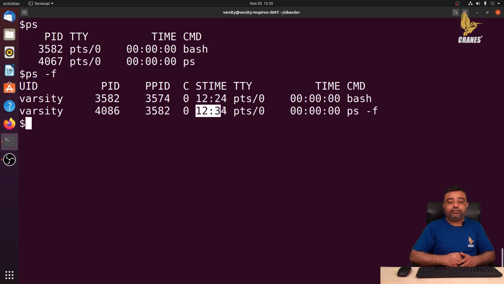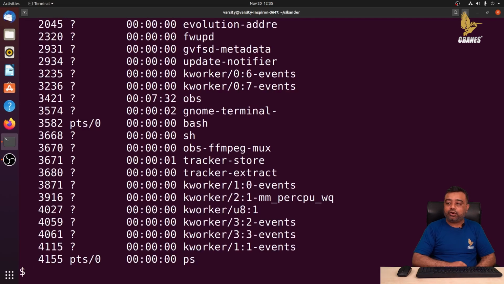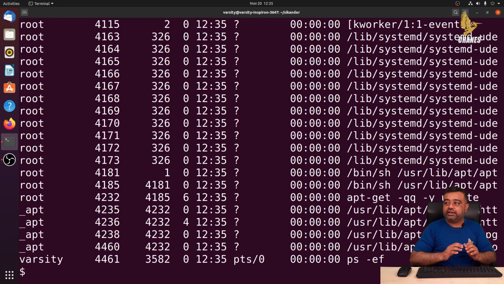Fine. If you want to know all the processes running in your machine, then we can take the help of the option -e. This is going to give me all the processes running in a machine. Yes, we can also combine this option -f along with this -e. This will give me detailed information about all the processes which are running in my machine.